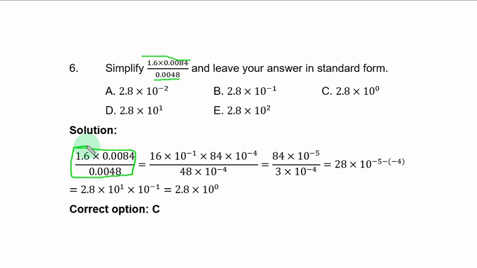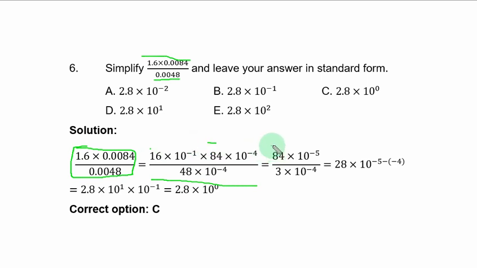Of course, you know, anytime the point is being moved, you always multiply by base 10. If you are moving forward, the power is negative to the number of times the point is moved, and if you are moving backward, the power is positive. If you do that movement, you have this result. If you simplify from here, we have